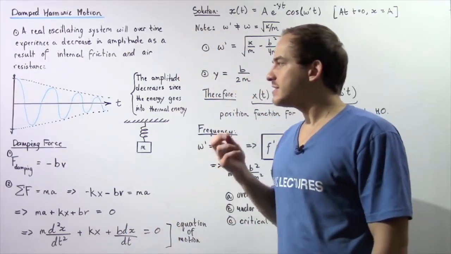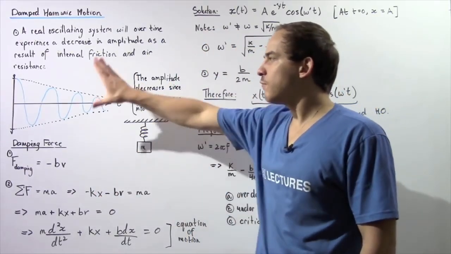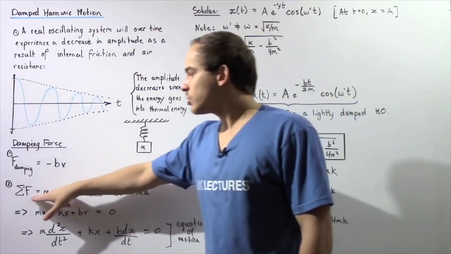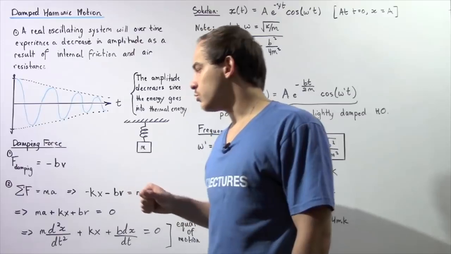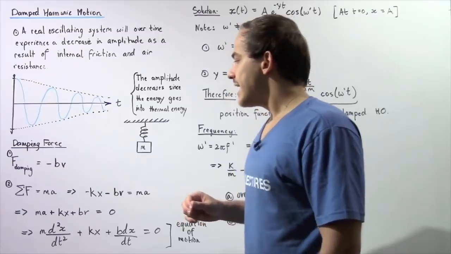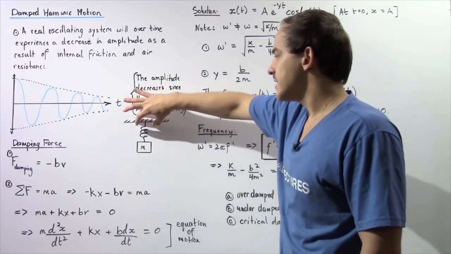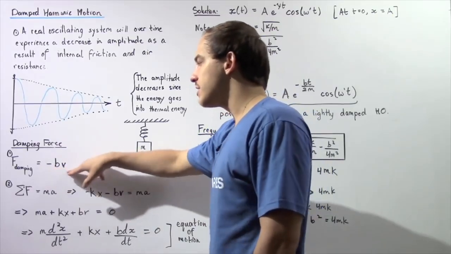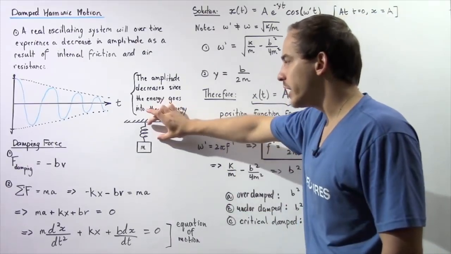So let's recall the second law of motion and let's try to derive an equation of motion for the following object undergoing damped harmonic motion. So, recall according to Newton's second law of motion, the net force acting on the object is equal to the product of the mass of the object and its instantaneous acceleration. Now, recall that we have two forces acting on this object that is oscillating, that is attached to the following spring. One force is our damping force given by this product, and the second force is the restoring force created by this spring, and it's given by